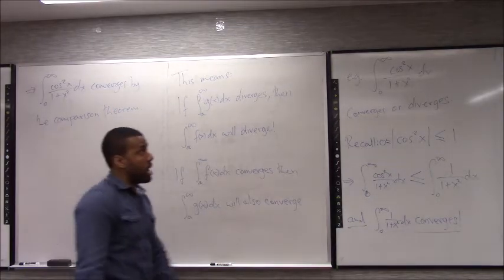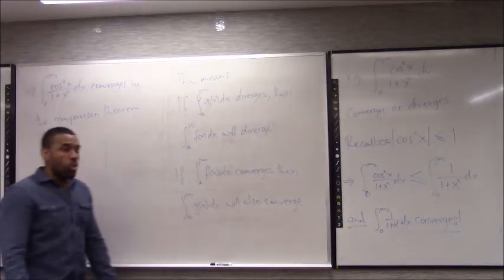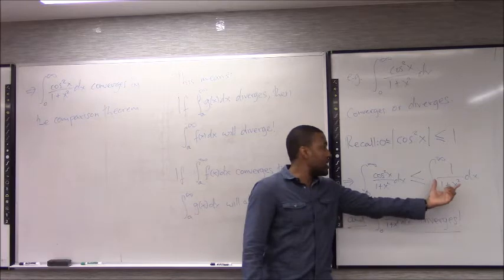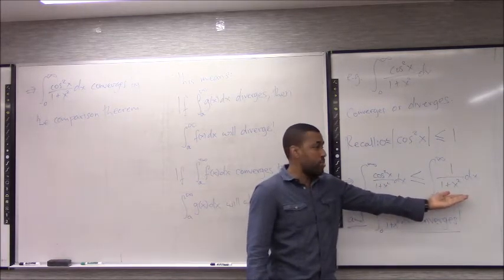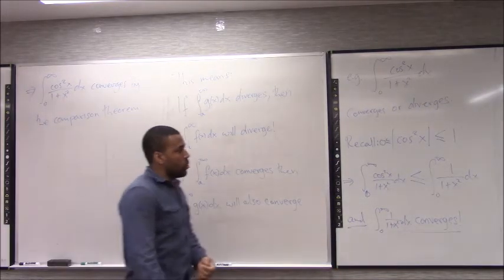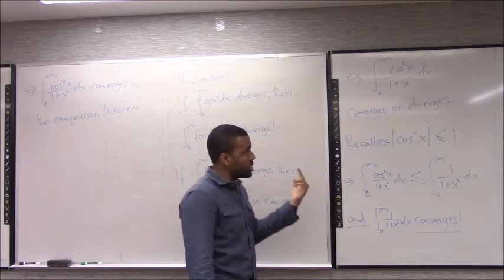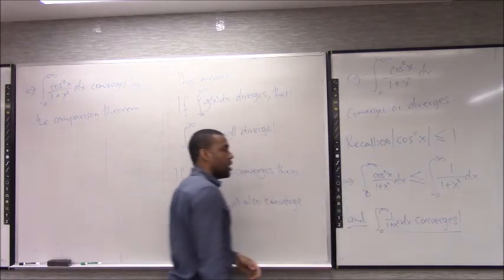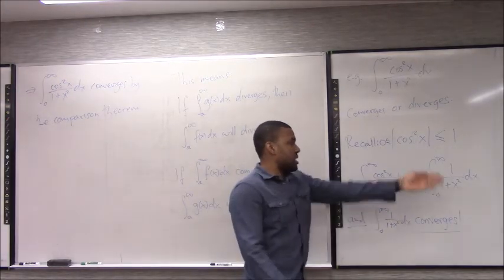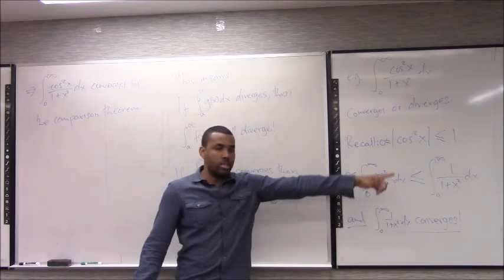So the idea is, if you have an improper integral that you don't really know how to compute using the techniques we have, and you have a suspicion that it converges, what you need to do is find an integral that you know converges that you can put above it for all x values. If you suspect it might diverge, you find an integral that's less than or equal to it that you know diverges. In either case, as long as these integrals are positive, you can use the comparison theorem. Because this is always less than or equal to that, and they're always greater than or equal to 0, it forces this guy to converge whenever that guy converges.